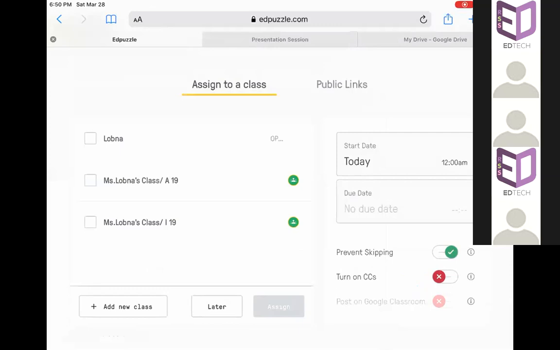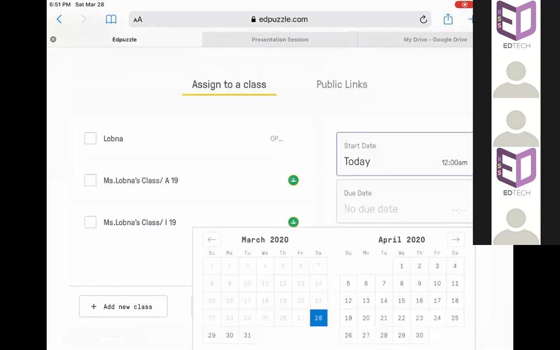Okay, so before assigning here, on the right side, you can see here the start date. I can change it. Okay, when do they start watching the video? Here I have,